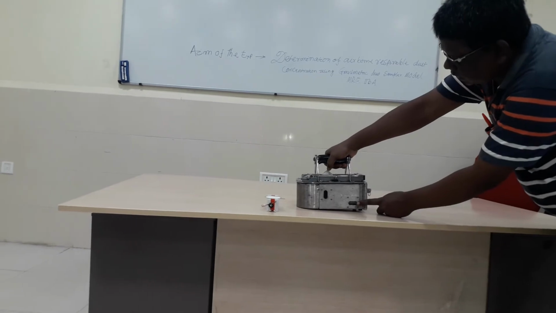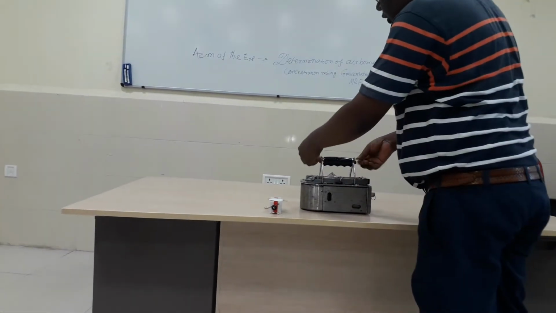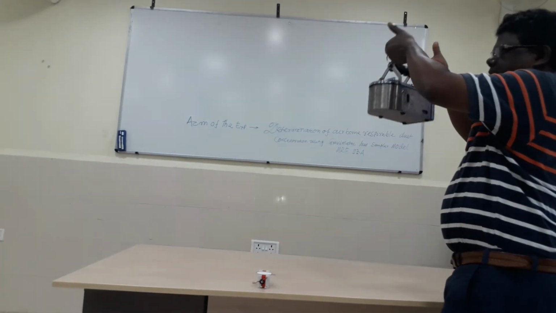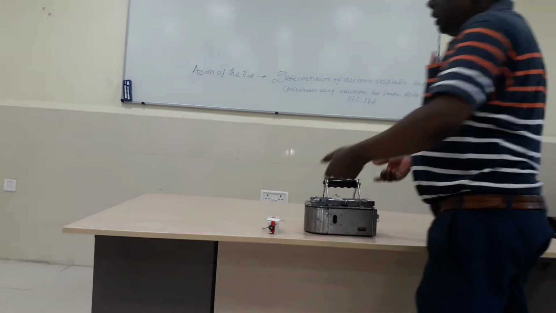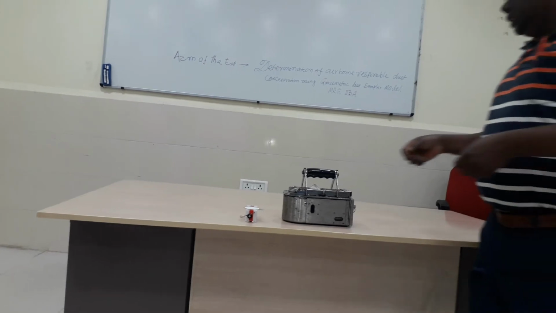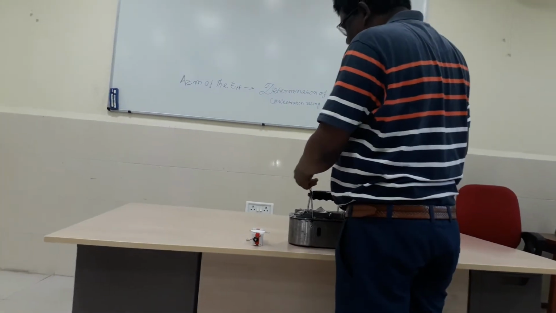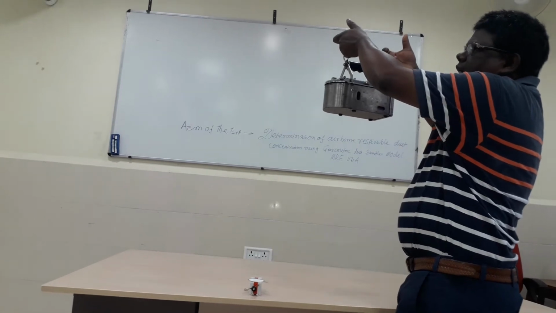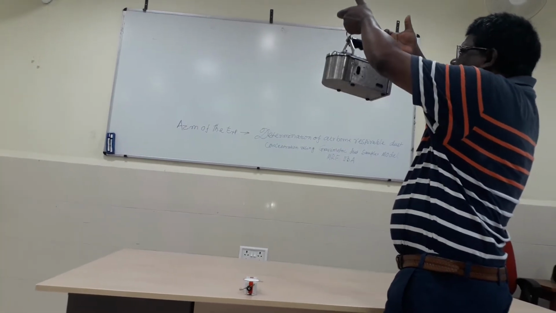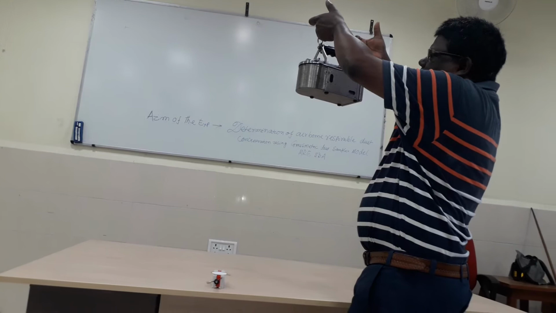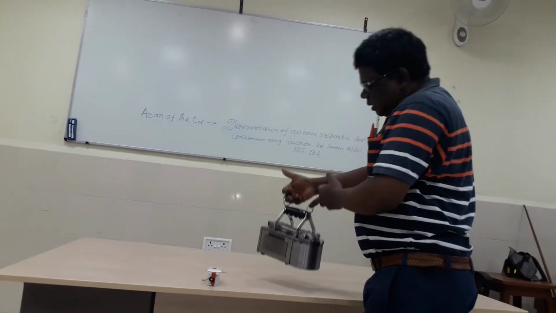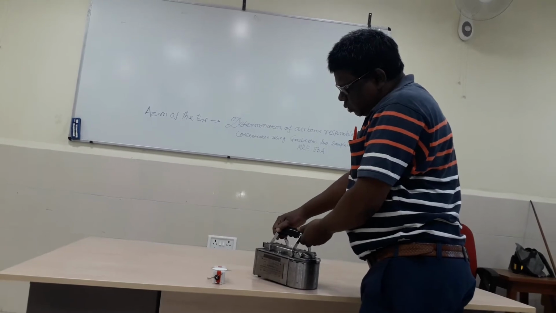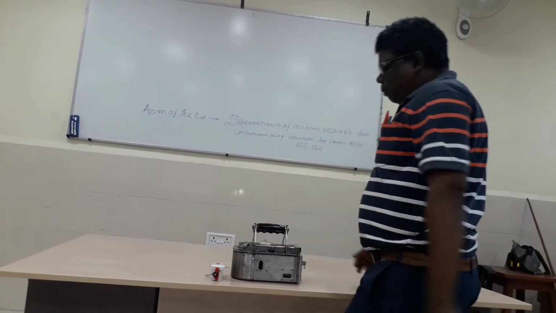Before starting the experiment, this instrument has to be hung at nose level, because we inhale dust through the nose and mouth. It is hung at the point where the dust concentration is required, in the return or working district. The instrument has to be level. One spirit level is given here, and you can see the instrument is properly level.